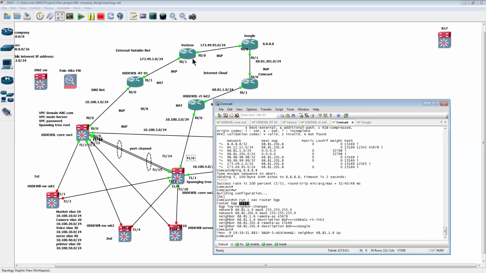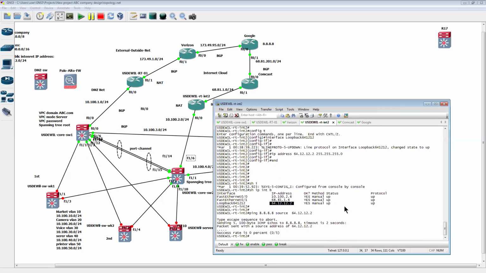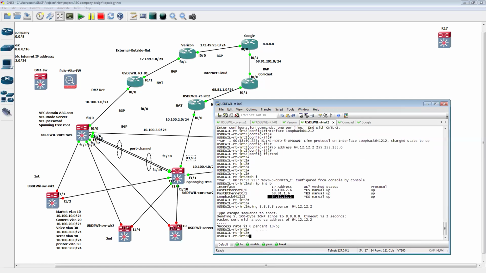Because also say this link goes down, the Comcast is going to be, we're going to send to the Comcast and Comcast helps us to advertise that our public internet IP goes out to the internet, out to the world. Okay, so now in here, same thing, since we already have the router interface 2 here, we already assigned our, we need to advertise from the Comcast router, right? So first thing in here, you see in here,